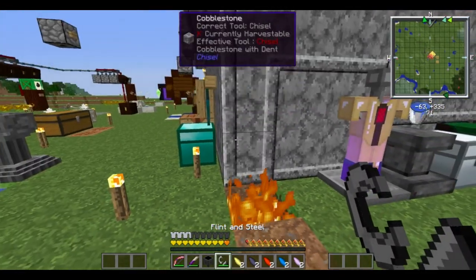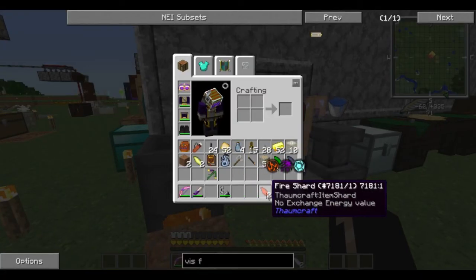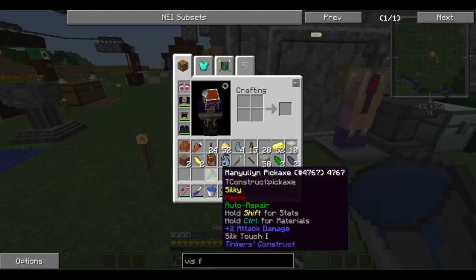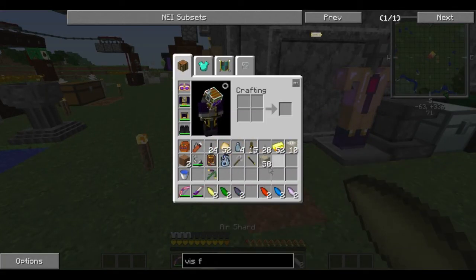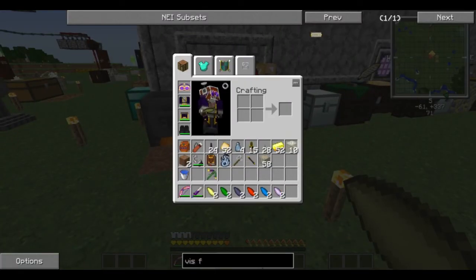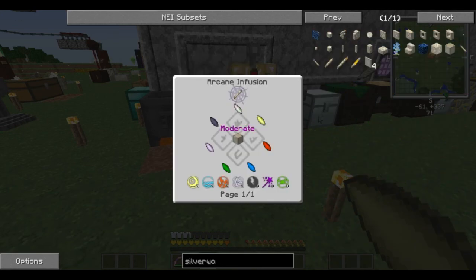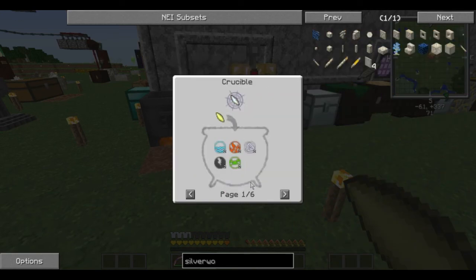Right. Netherrack. Flint and steel. Do that. Now I need a bucket of water. How convenient. Oh, also, the golem that I had on there stopped working. Silverwood. Yes, if you know balance shards, you need 2 of 5 of the prime...